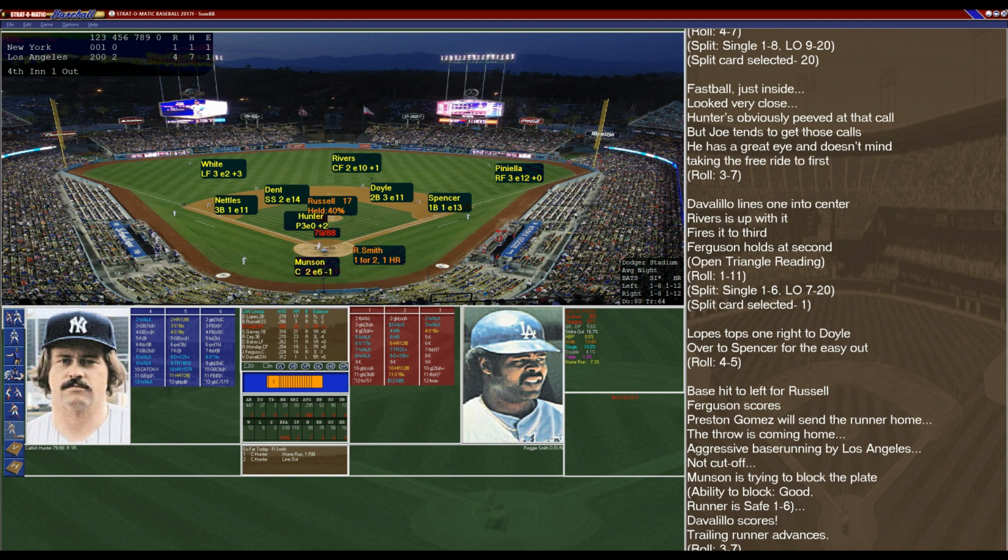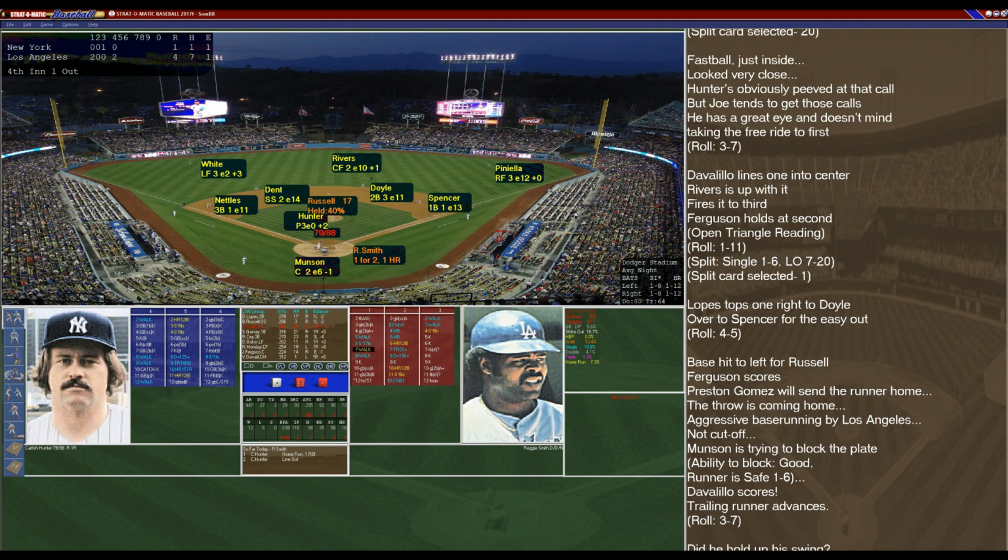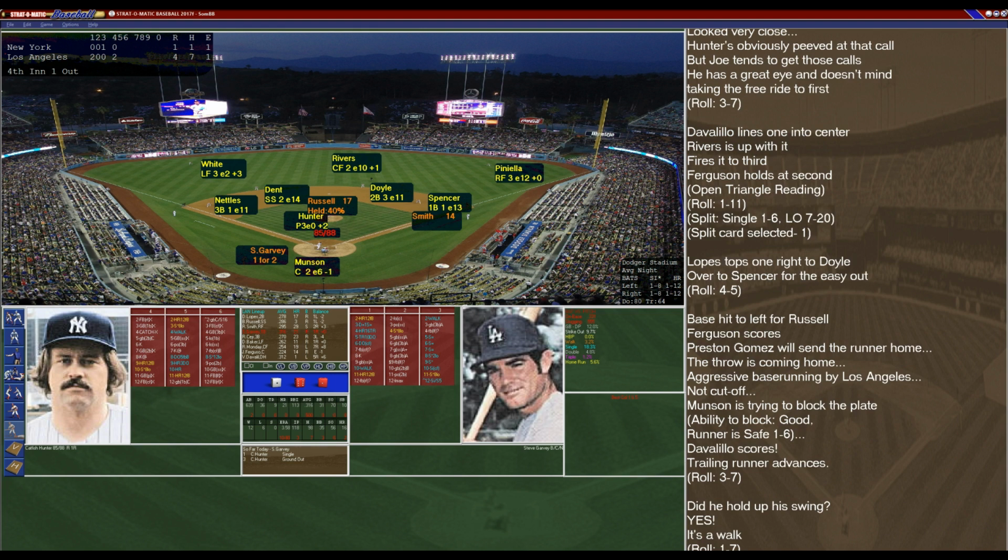So Hunter looking shaky here. It looked like he settled down in the third inning, but Dodgers scored 2 more here. Reggie Smith up to the plate, homered back in the first. Looks like the Yankees are going to stick with him. Dodgers trying to add to that lead, and Smith will walk. Looks like they're going to keep